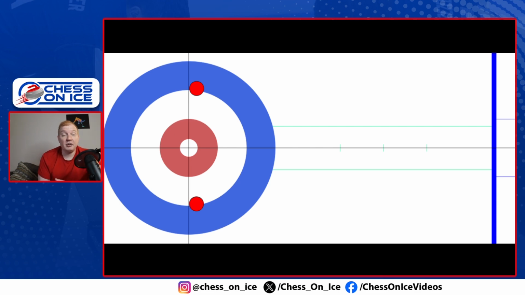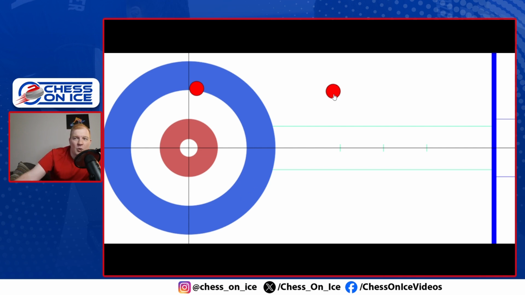Now, is there another option? Absolutely there is. You could have thrown this guard, right, and set up for a deuce or more by guarding your rock. And that would be the answer if you were looking to score a much bigger end, right? This sets you up for 3 or more, because you might be able to draw around that guard a second time, have 2 guarded rocks, and then start thinking about splitting the house and where you're going to find your